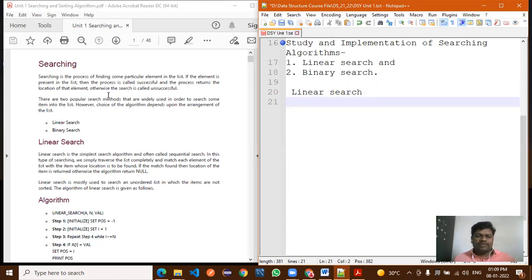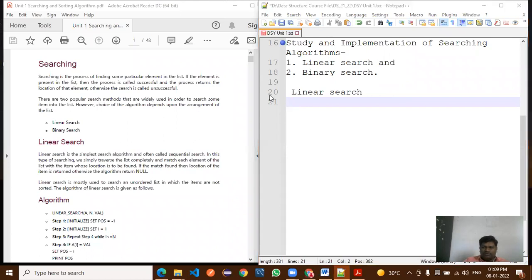Is the PDF visible to all? This left side PDF, is it properly visible to all? Yes, sir. Avinash, write your roll number. You have not written your roll numbers in front of your names. Okay, sir.